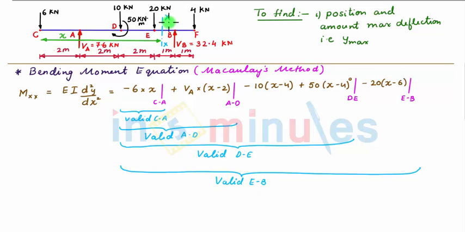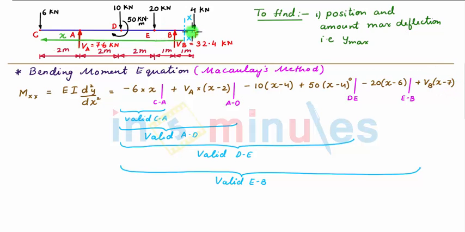Now again, moving this section XX towards right beyond point B such that your section is between point B and F and at a distance x from origin C. Now writing the bending moment equation about section XX, considering the left hand side of section, we'll have all these terms, plus there will be an additional clockwise moment caused due to this upward vertical support reaction VB acting at a distance of x minus 7 meter from section XX. So we have plus VB into x minus 7 meters.